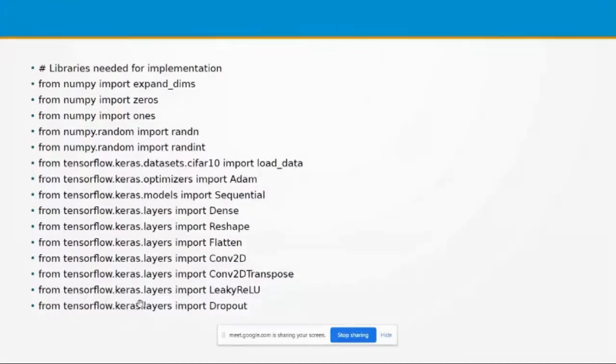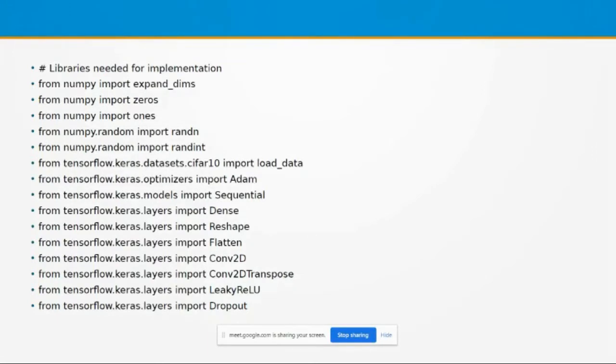Then from TensorFlow.keras.layers import LeakyReLU. This is another efficient activation function. In the case of ReLU, the mathematical operation is max of 0 and the intensity value. That means all the negative pixel intensities are removed in the case of ReLU. But in the case of leaky ReLU, some small negative values can also be considered for introducing the nonlinearity.